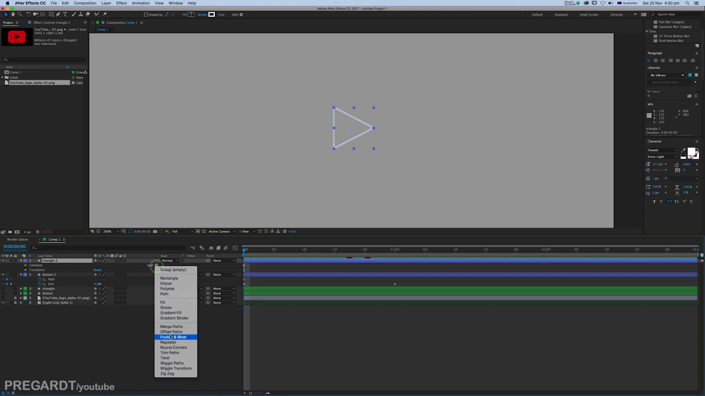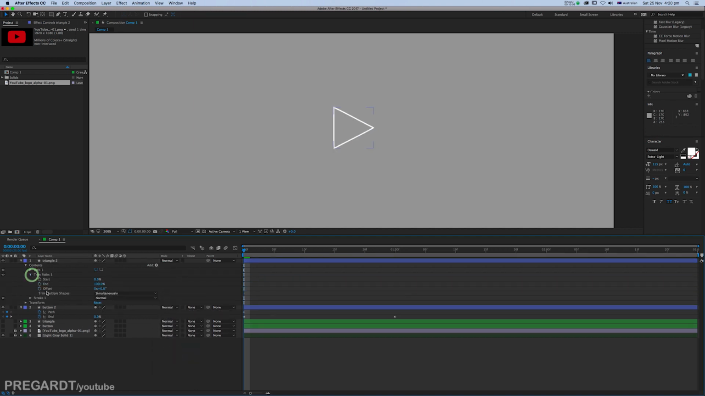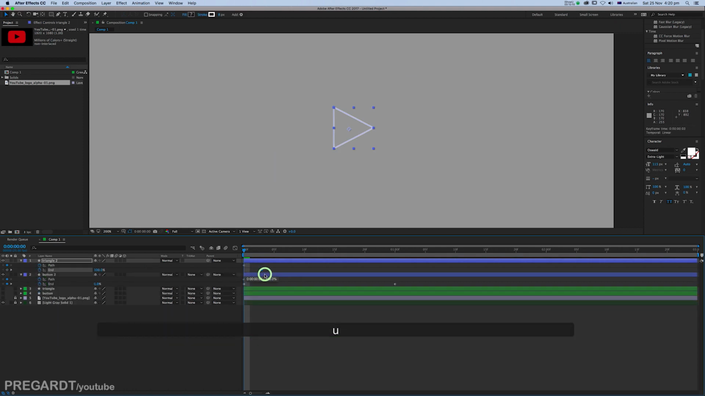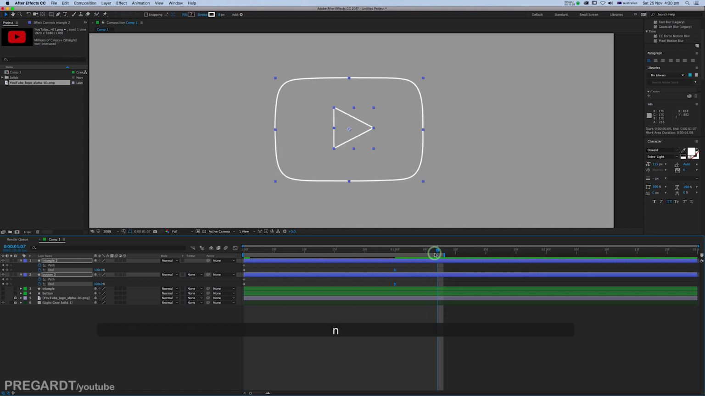So add a trim path, and animate the end section. And I'm going to easy ease this keyframe, hit F9, it's going to be easy ease, and I'm going to make a ramp preview with 0. Okay,